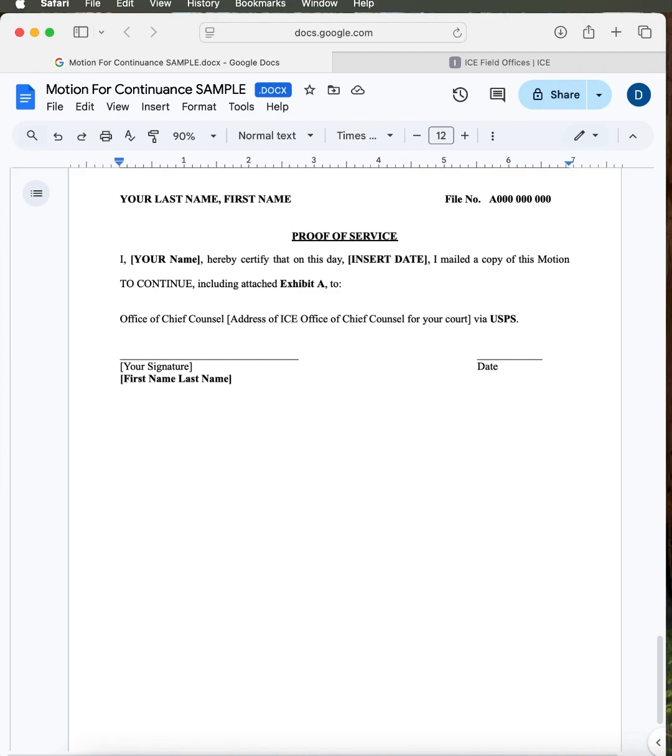Section 5. The proof of service is essential. You must certify that you served a copy of your motion to the opposing party, usually OPLA, which is the Office of the Principal Legal Advisor, the ICE attorney. You need to send the original motion to the immigration court, send a copy to the appropriate OPLA office, fill out the proof of service stating the OPLA address, the method you use, for example, USPS priority mail, and sign